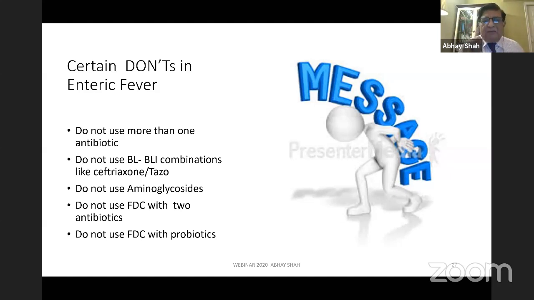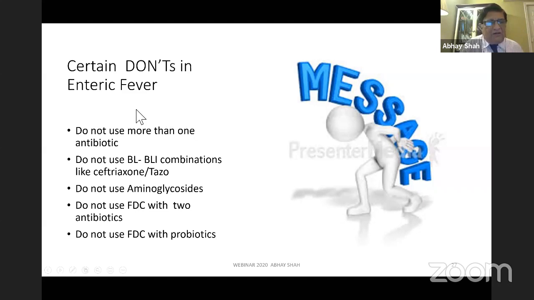It is only as a part of PUO workup, where one of the possibilities can be typhoid, where repeated blood cultures are negative. In that case, always ask the laboratory to do a blood culture simultaneously along with the routine bone marrow examination. So as far as the message of typhoid fever is concerned, do not use more than a